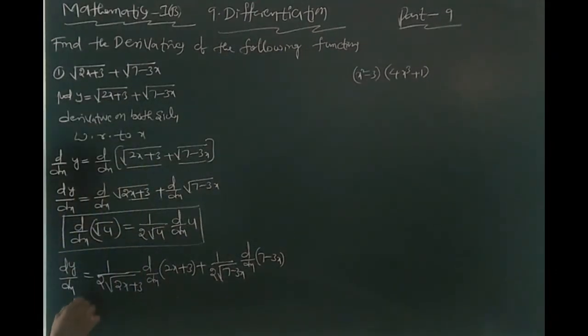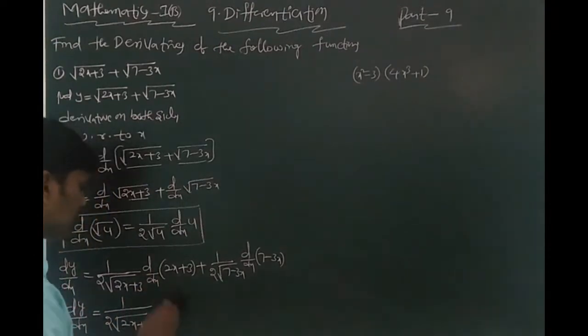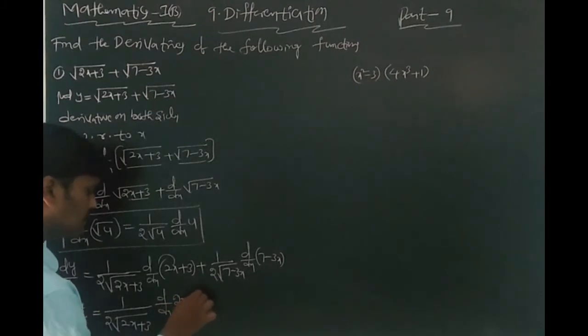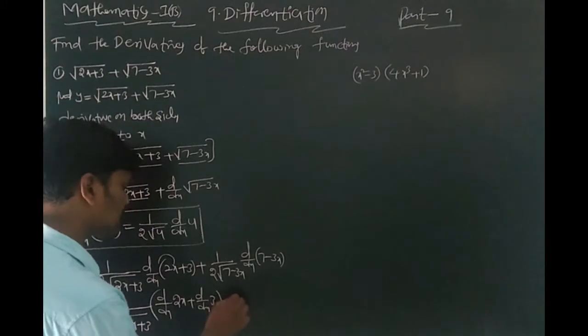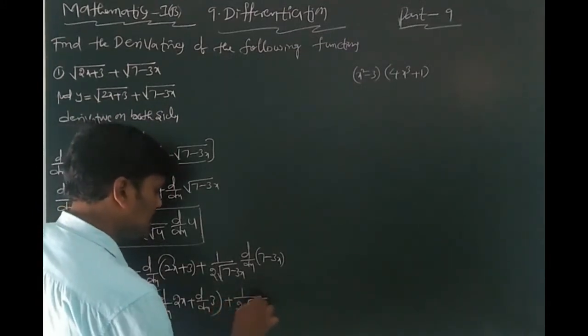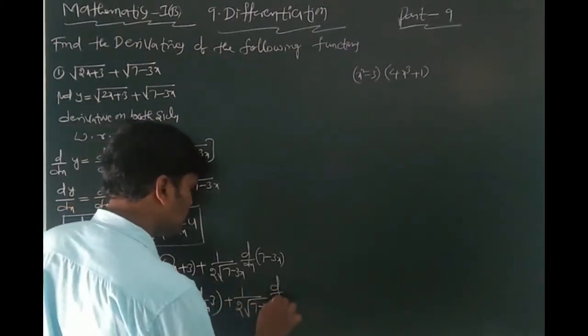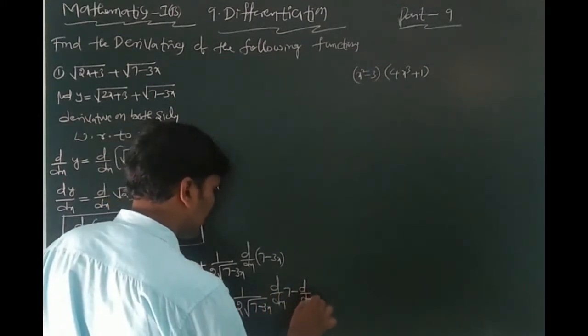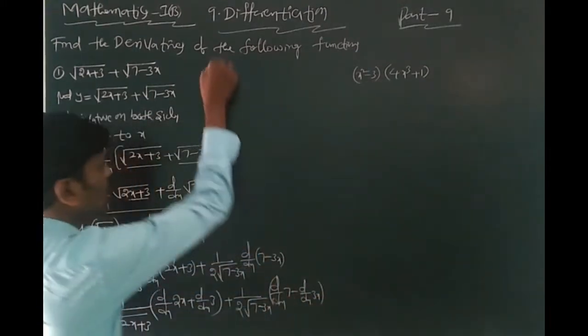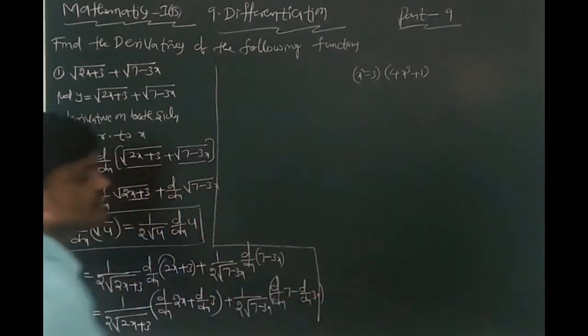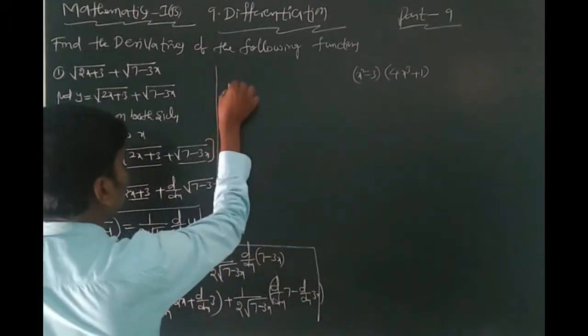Next, dy by dx equal to 1 by 2 into square root of 2x plus 3, into d by dx of 2x plus d by dx of 3. You can separate the derivative. Plus 1 by 2 root 7 minus 3x into d by dx of 7 minus d by dx of 3x. After that you can write dy by dx is equal to